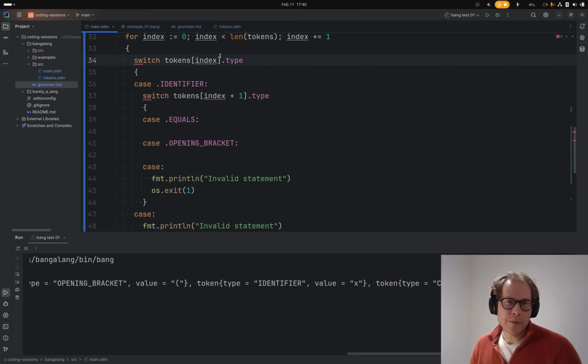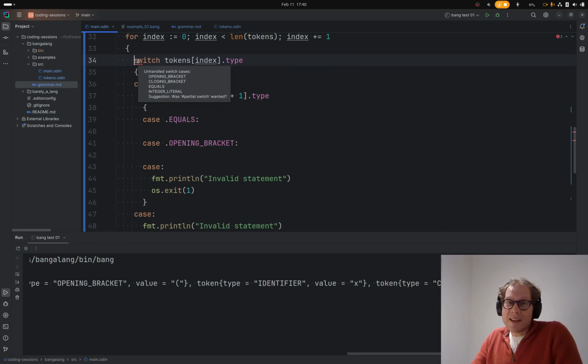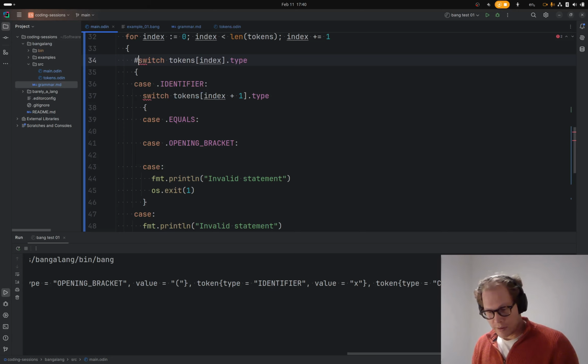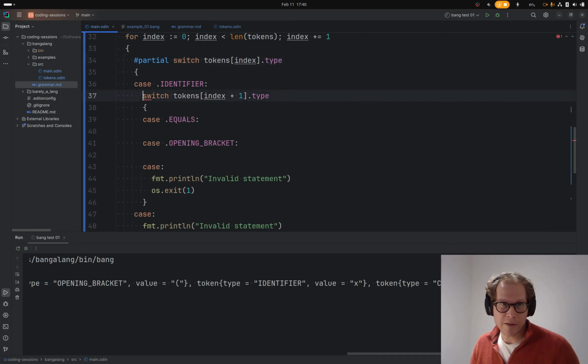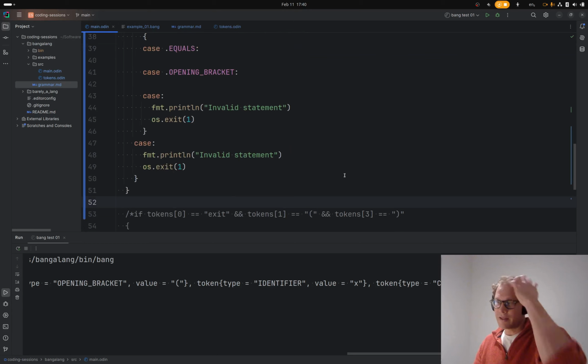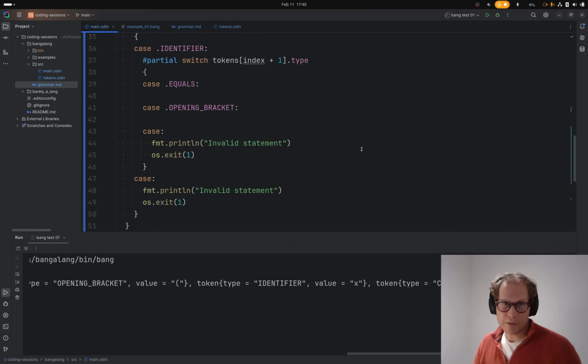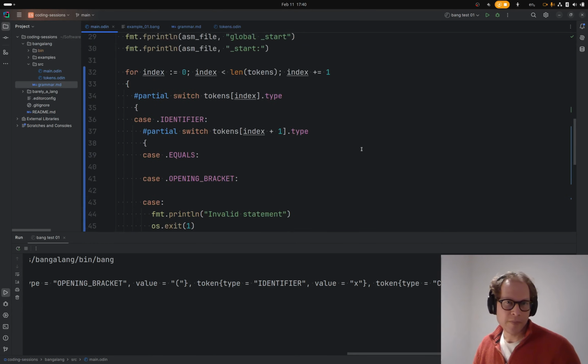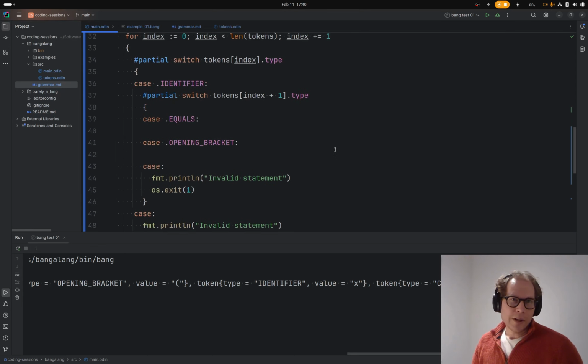This is where, because we're switching over an enum, Odin expects us to handle all the cases, and it's saying, hey, look at all these cases that you have not handled. You need to handle these. Otherwise, I'm not going to let you compile. But I can say, trust me, bro, with this partial, and that means I only intend to handle a select set of cases. Okay, so